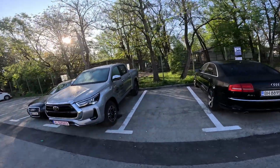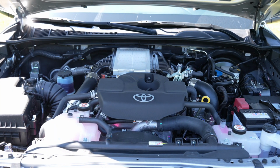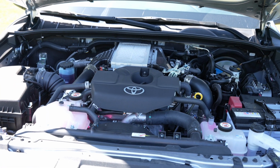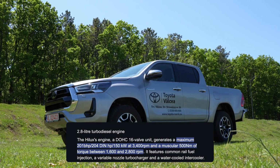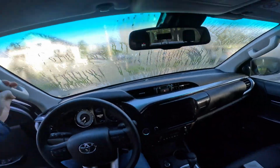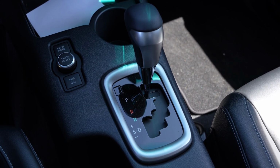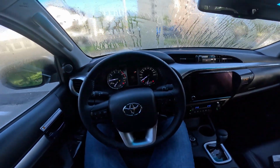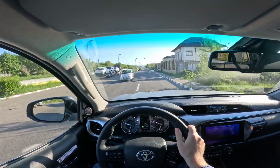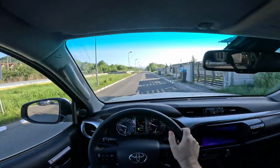Today we're having some fun with a brand new Toyota Hilux, which is equipped with a 2.8 inline-4 turbocharged diesel engine, which packs 204 horsepower and 500 Newton meters of torque. It has an automatic transmission with 6 gears, which has a torque converter. So basically it's a classic transmission, which should last and which fits best its purpose, which is towing and moving